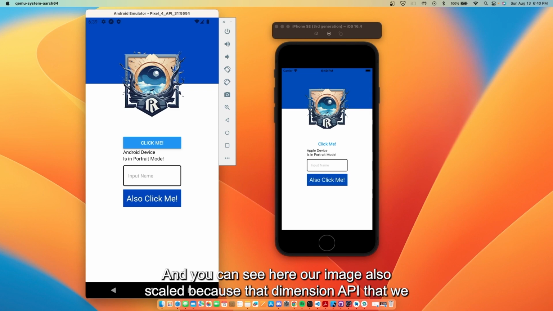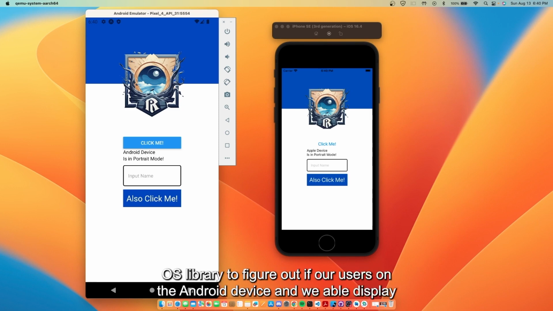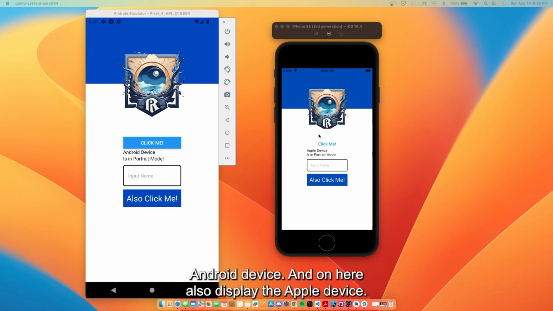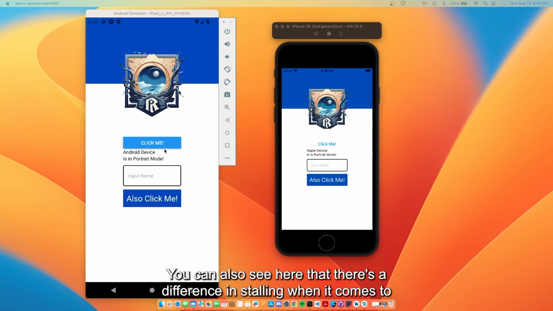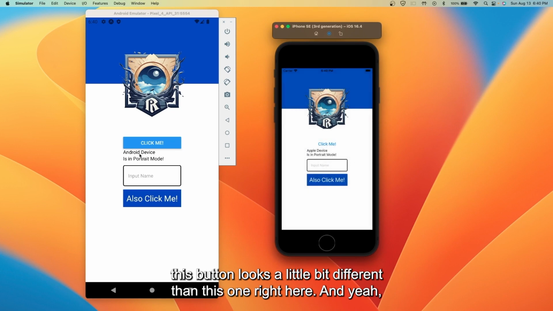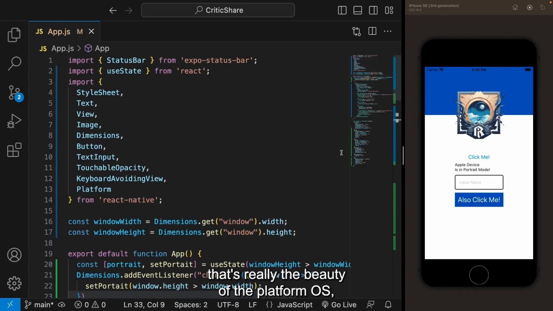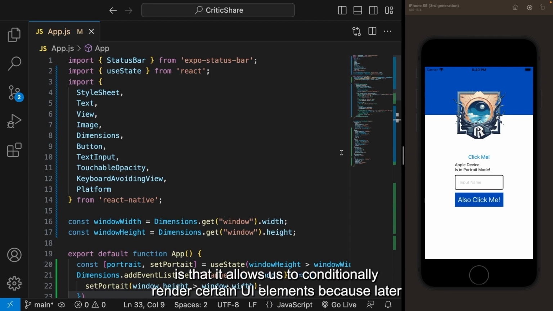And you can see here our image also scaled because of that Dimensions API that we discussed before. But the main showstopper is here. Here we're able to use our Platform OS library to figure out if our user is on the Android device, and we're able to display Android device, and on here also display the Apple device. You can also see here that there's a difference in styling when it comes to buttons. For example, this button looks a little bit different than this one right here. And that's really the beauty of Platform OS, it allows us to conditionally render certain UI